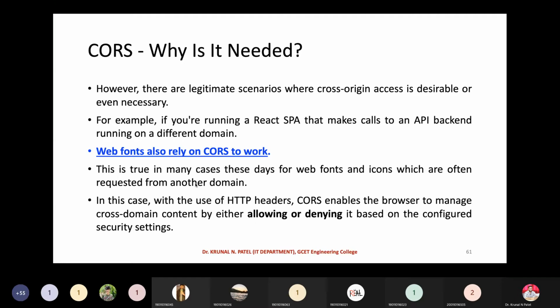And web fonts also rely on CORS to work. In many cases these days, web fonts and icons are requested from other domains.